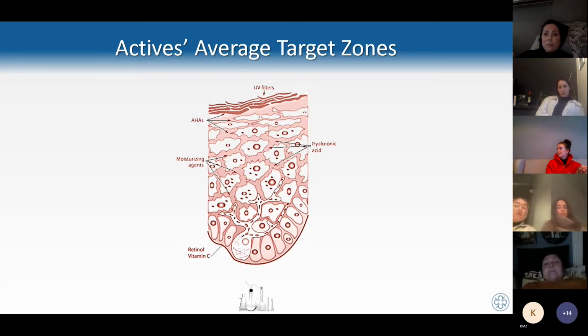And hyaluronic acid, depending on the type of formulation, if you talk about something very fragmented, very small, that's going to penetrate through different levels and go even deeper into the dermis if you use it very, very finely fragmented. But you can see that the most active ingredients need to reach deep down into the very active layer of the epidermis, which is the basal cell layer. That's where you can see down there the retinol and the vitamin C. So all those actives need to get down to that particular area,